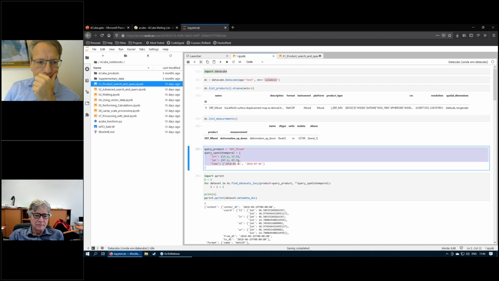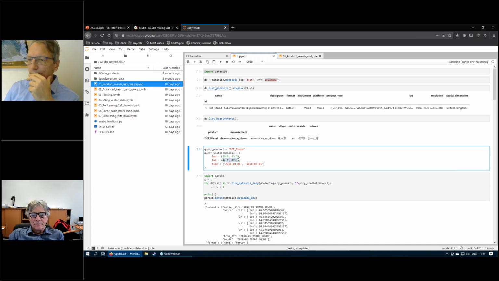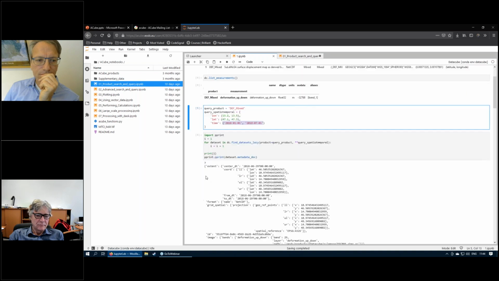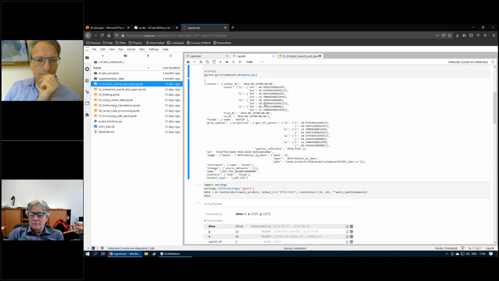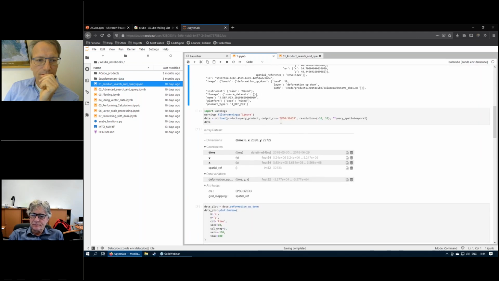Then we query for this product. We do the spatial temporal query. So this is somewhere over Austria. I'm not completely sure. If you have some coordinates, we can change this up and test this. I provide here 7 months of data, and we get 7 data sets for this sample data set, for the sample product. And due to some problems that we had with the data, I've just suppressed the warnings here,